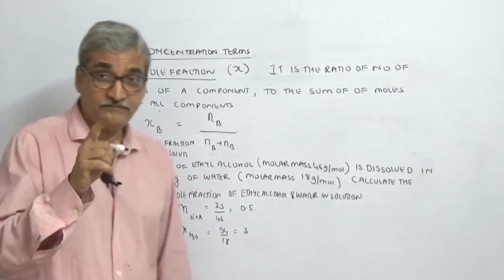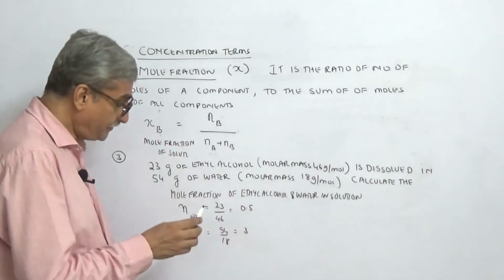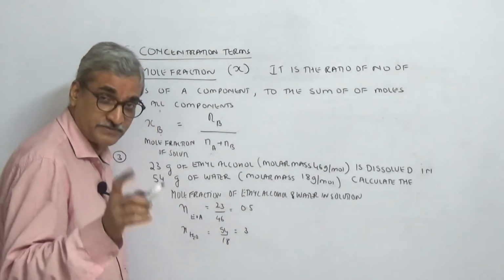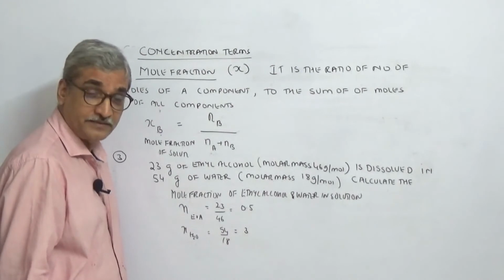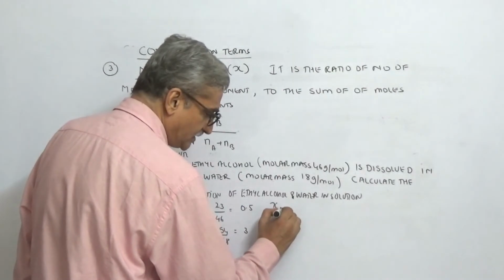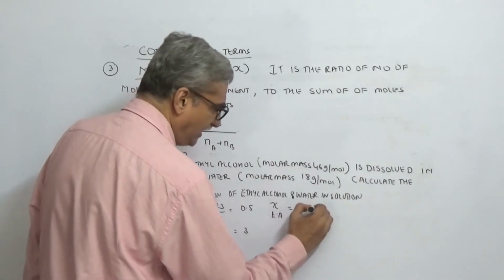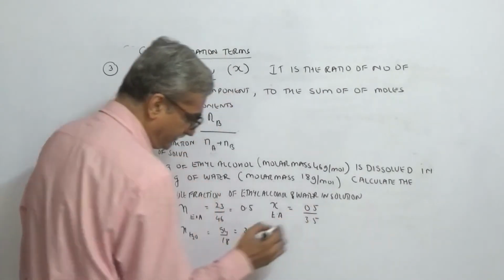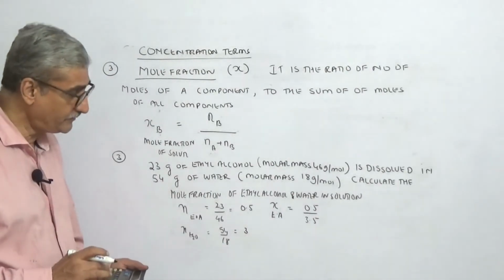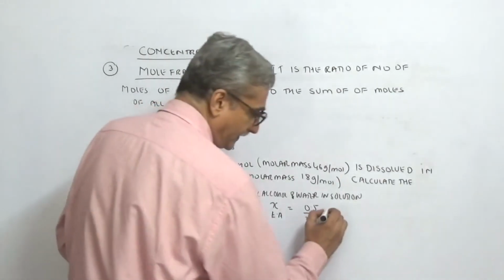So remember, when we go ahead, we are going to make some approximation. We always say that compared to the number of moles of the solvent, the number of moles of solute is very, very less. We have to make an approximation. This example is explaining that. So now, mole fraction of solute, that is X of ethyl alcohol, will be 0.5 upon 3.5, that is 3 plus 0.5. So how much will that be? 0.5 divided by 3.5, so that is 0.1428.